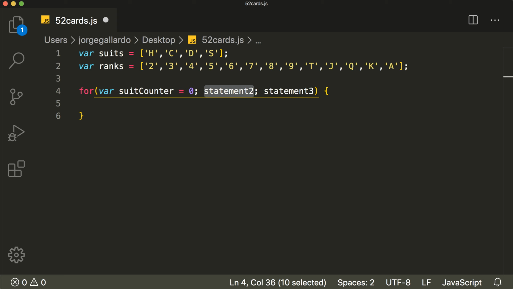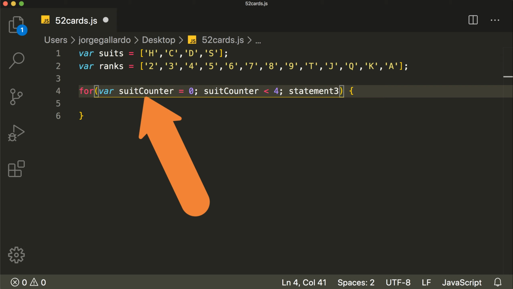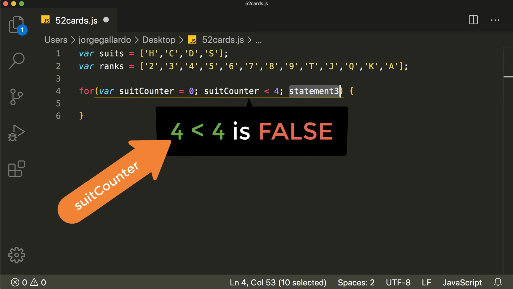So if we want our loop to repeat 4 times, I'll write suit counter less than 4. If this condition never fails, then you may get stuck in an infinite loop, and you and your computer are going to have a bad time. I just have to make sure that suit counter is increasing by 1 after each iteration, after each run of the loop. That way suit counter eventually equals 4, and the second statement fails, so we break out of the